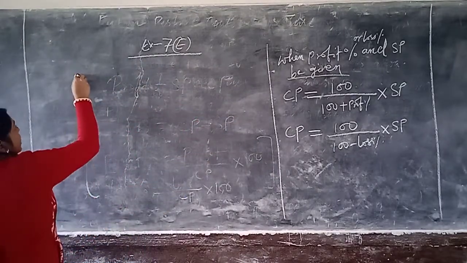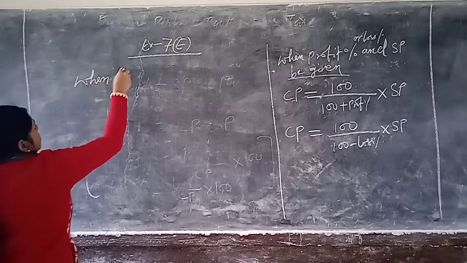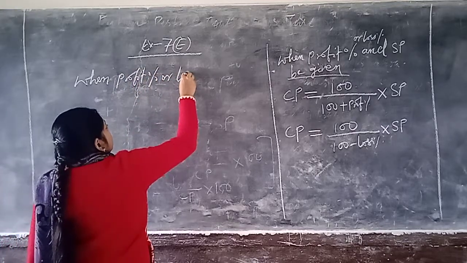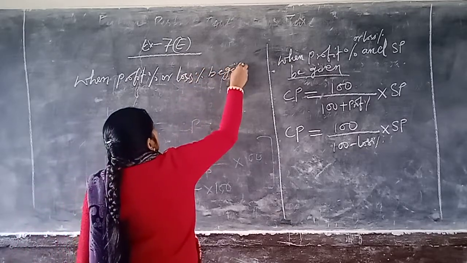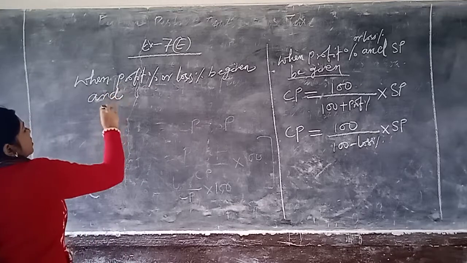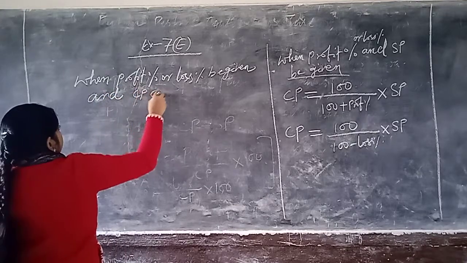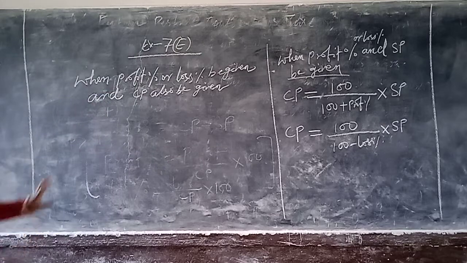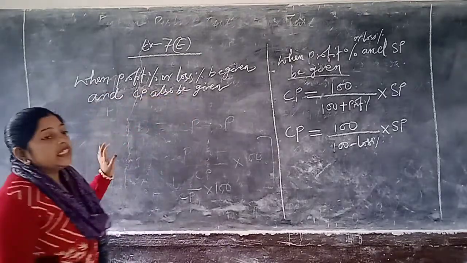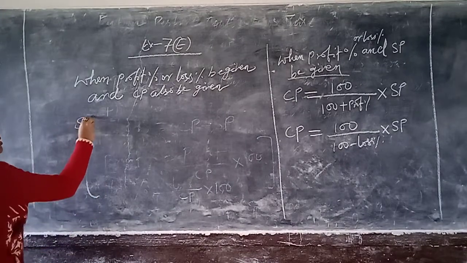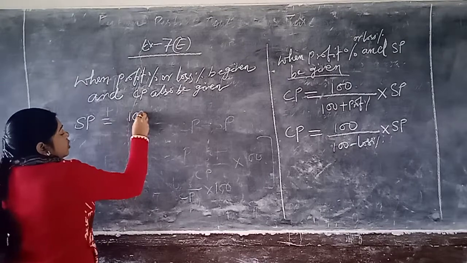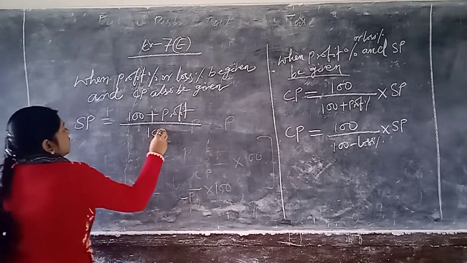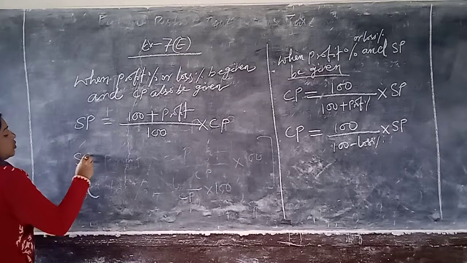Now the next is how can we find the selling price when profit percent or loss percent is given and CP is also given. अगर प्रॉफिट और लॉस परसेंट दिया जाए और कॉस्ट प्राइस दे दिया जाए, आपको फाइंड करना है सेलिंग प्राइस, तब वहां पर क्या होगा फॉर्मूला? तो SP इक्वल टू क्या हो जाएगा? 100 इन केस ऑफ प्रॉफिट परसेंट 100 प्लस प्रॉफिट बाय 100 इनटू CP, and in the case of the loss